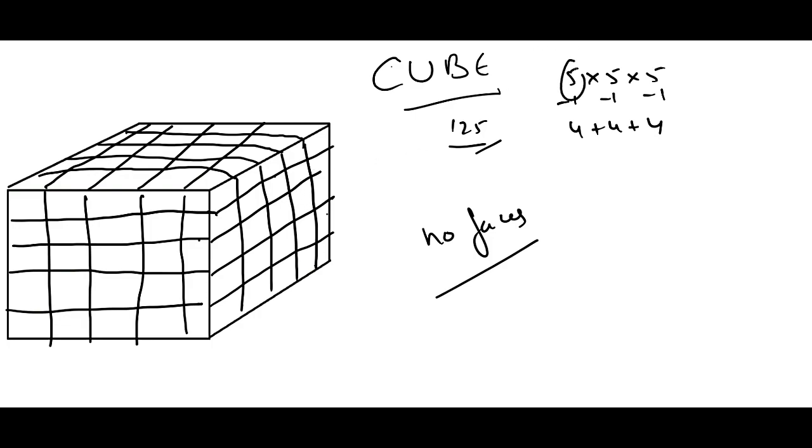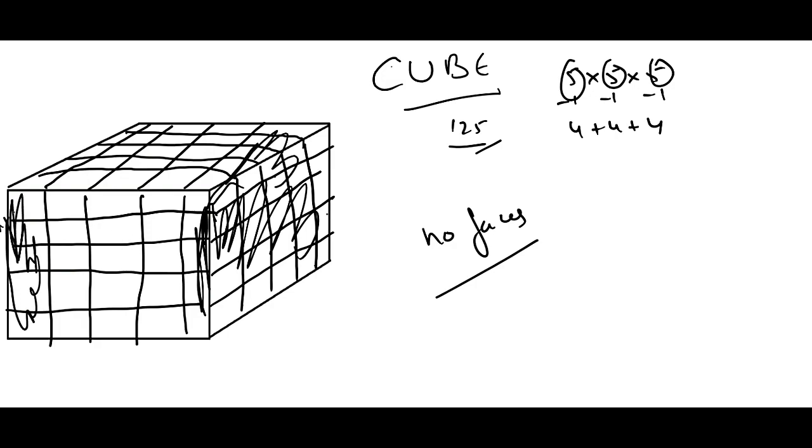That means if we make 5 pieces on each side, we have to take 2 pieces, because if we take out this outer layer, this piece will also be going with that layer, and if we take this outer layer, again this piece also will be going. That means out of the 5 pieces which we have made, we have to take 3 pieces out. Again, if the top layer is out, this piece also will be going with that, and if the bottom layer is out, this side of pieces will also be going.